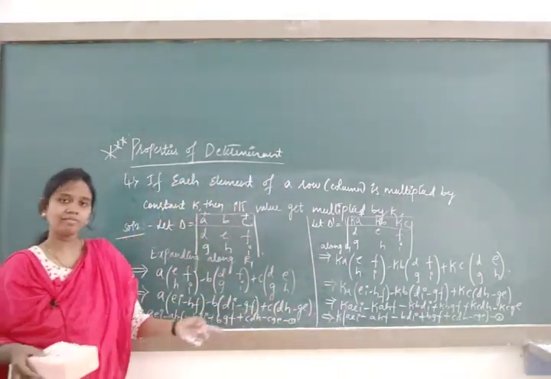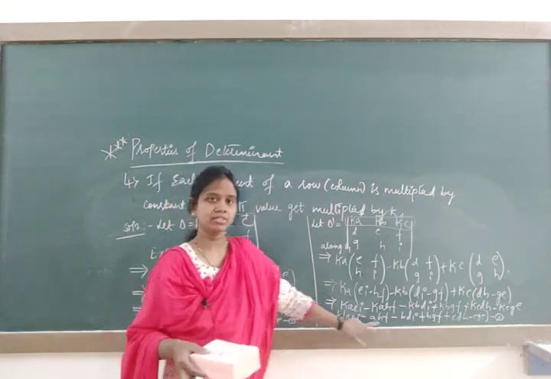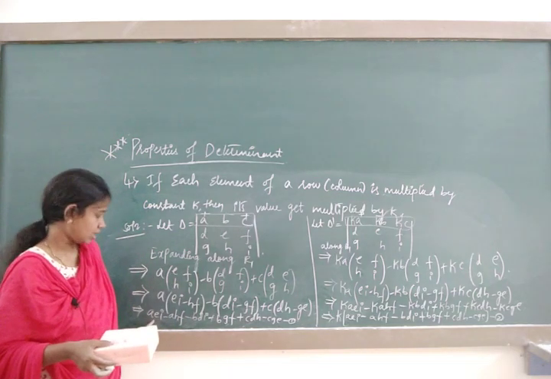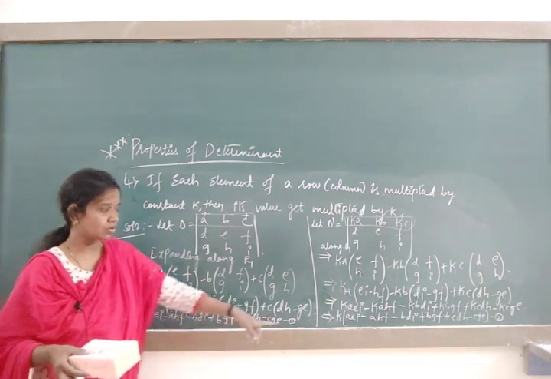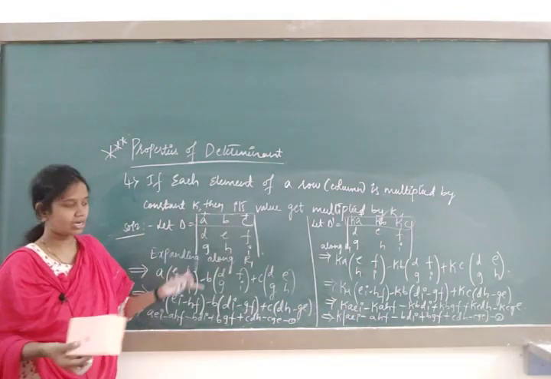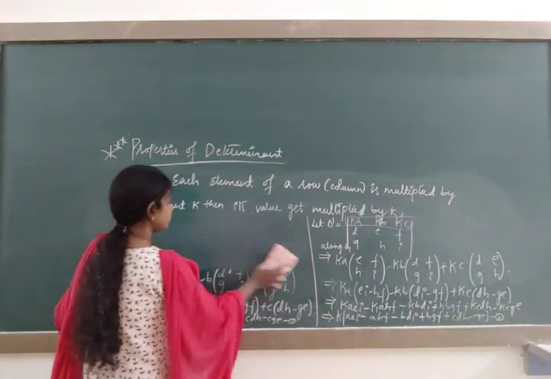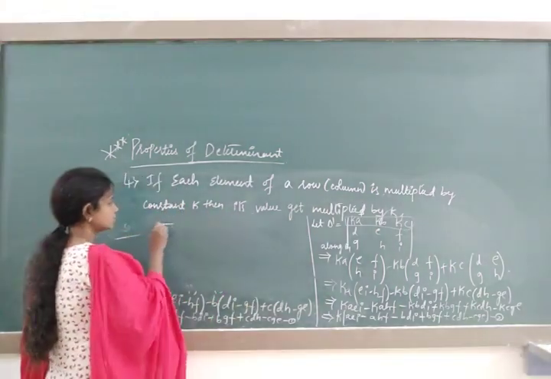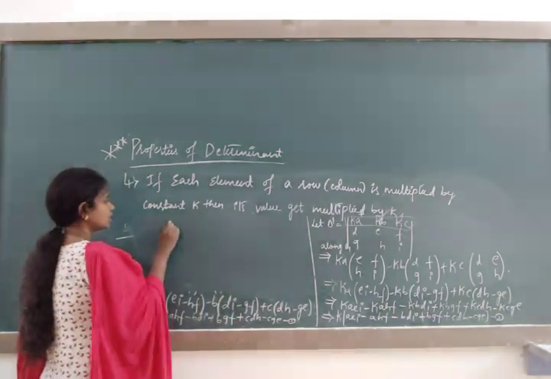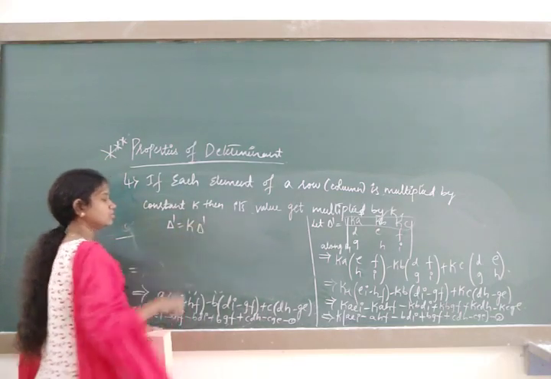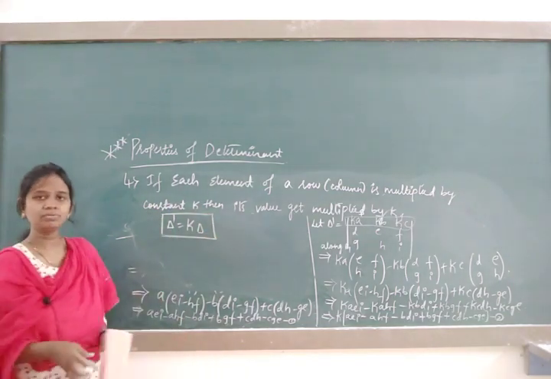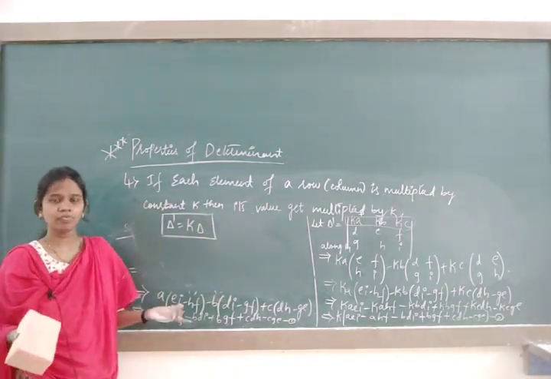Okay. Now whatever value I have written in the bracket, AEI minus AHF and all those things, you just observe this value is our equation 1. AEI, AHF, BDI, BGF, this was in our bracket. So what is equation 1? Equation 1's left hand side was delta. This implies K into delta, where the left hand side was delta dash. Delta dash is equal to K into delta. So this is the proof of this statement.